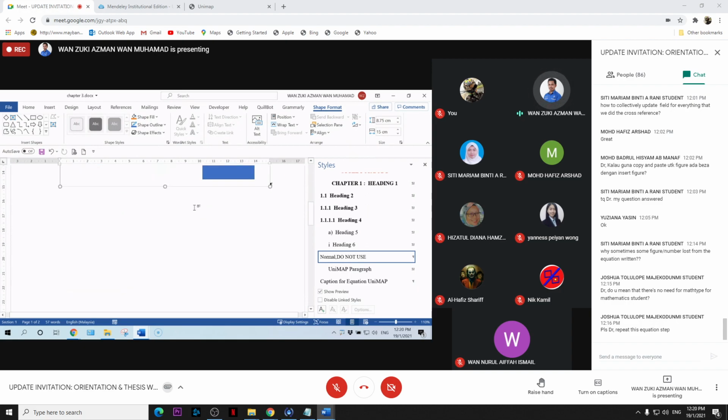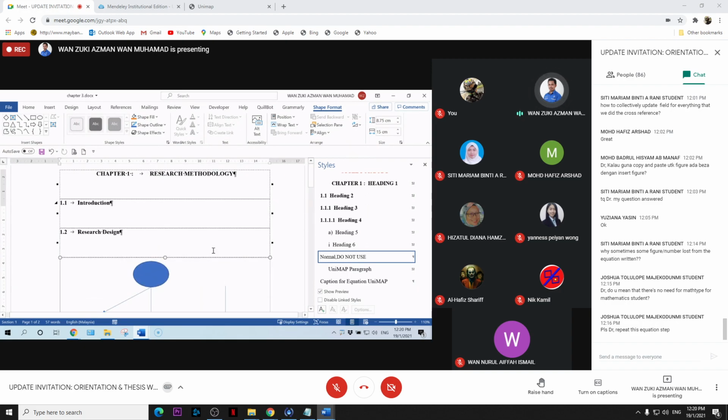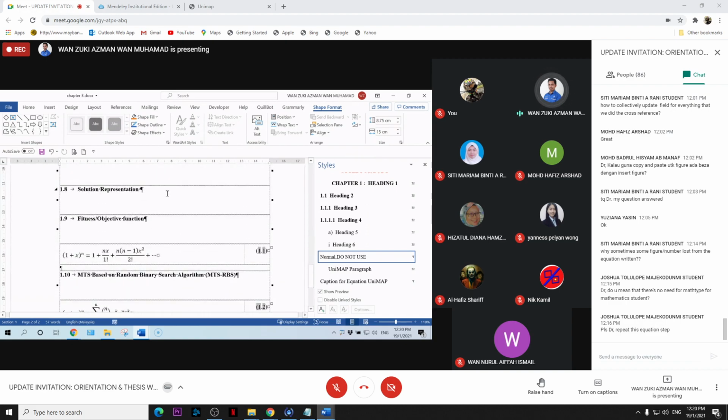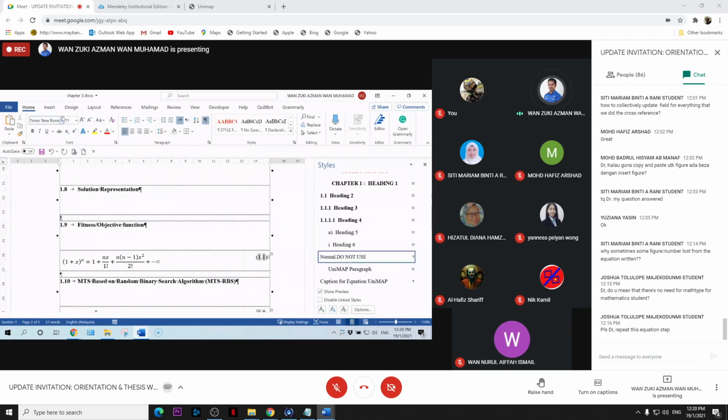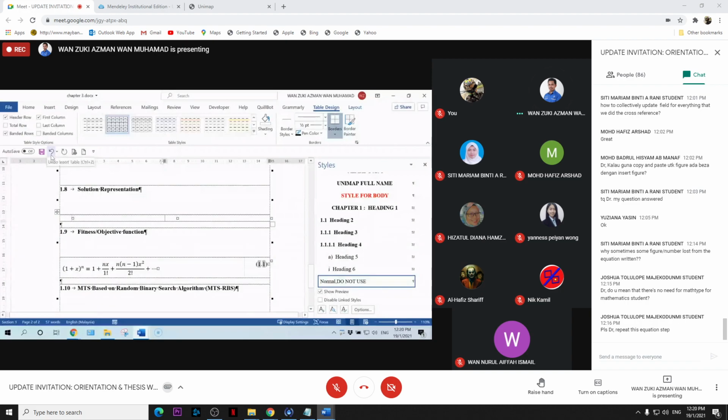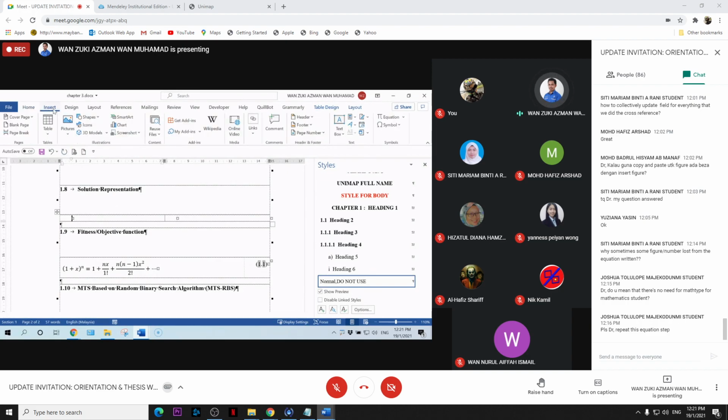Okay, Joshua, how to insert the equation? I repeat again. First, you need to insert a 2 by 1 table. Then put the equation in the first column, and the second column for the equation number.